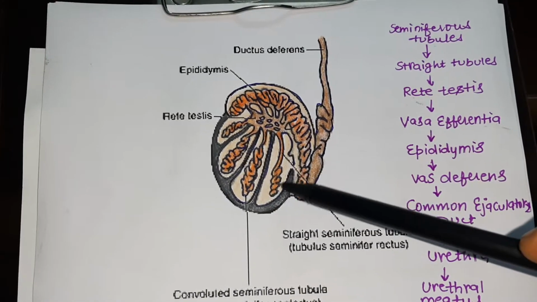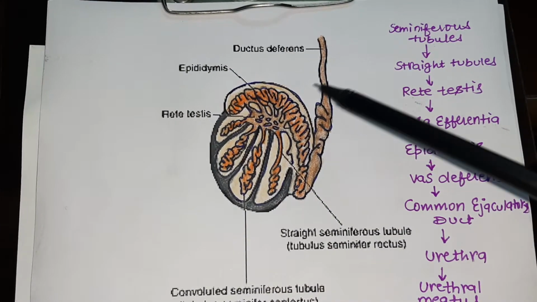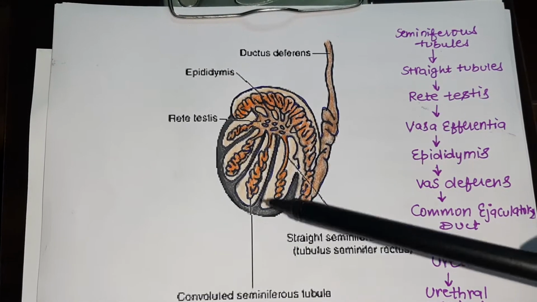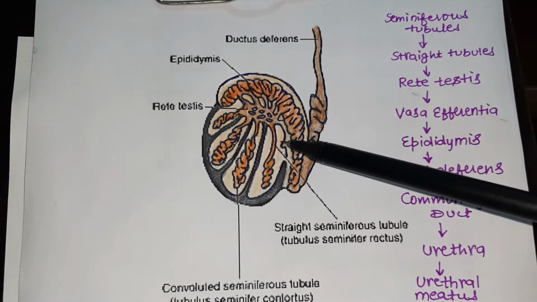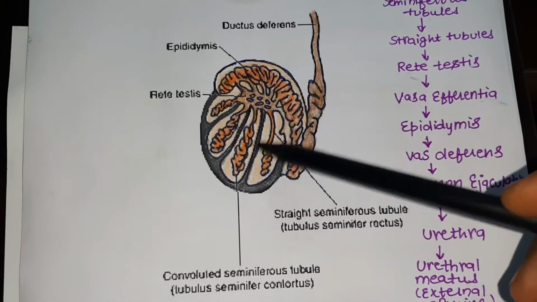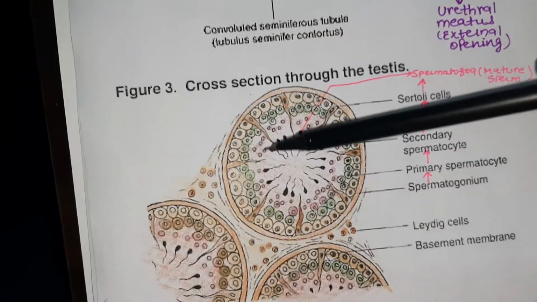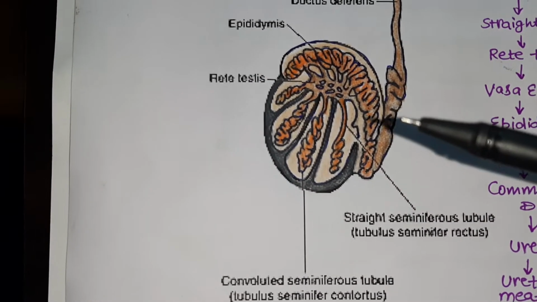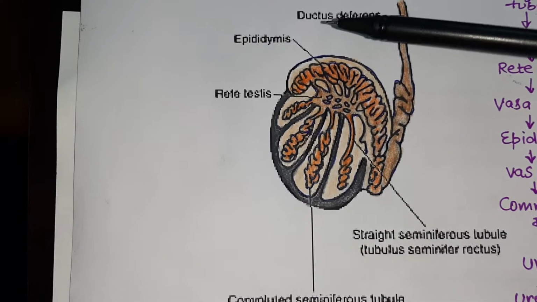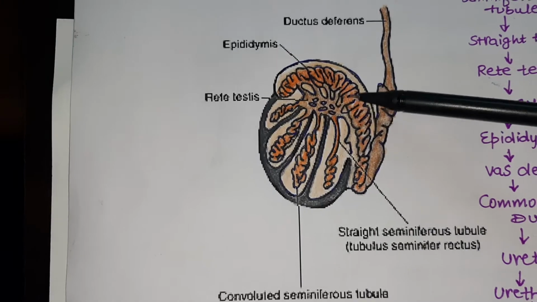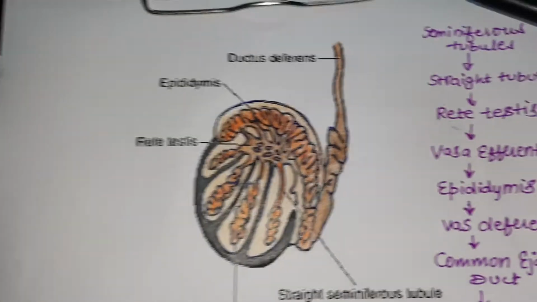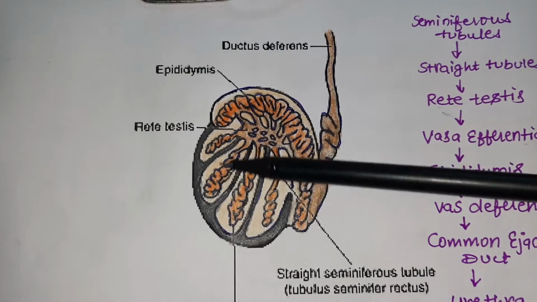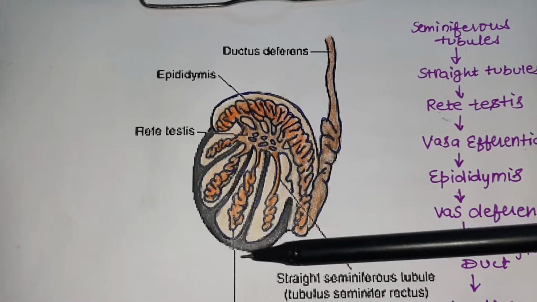I was discussing the structure of the testes, and now I'm going to discuss the testes in more detail. Here I have two diagrams. There's one cross section of the testes, and this is another section of the testes, in which you can see the various accessory ducts and the testicular lobules. So let me first discuss this section of the testes, in which you can see that inside the testes there